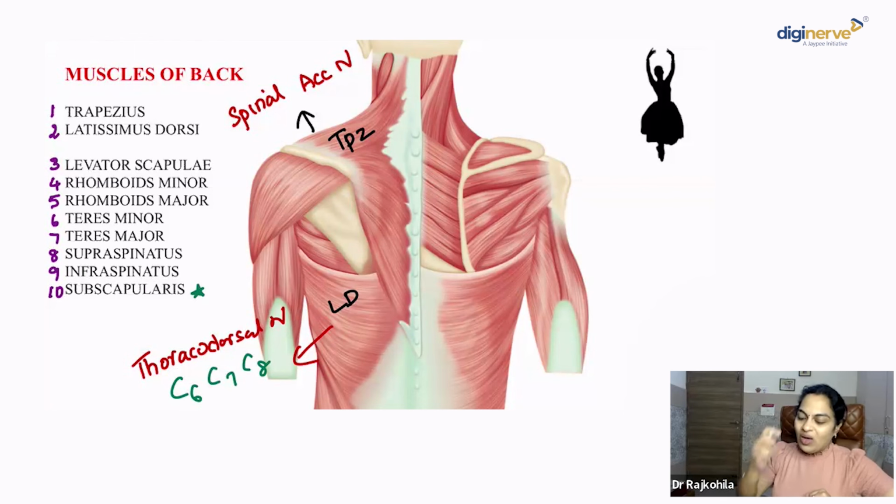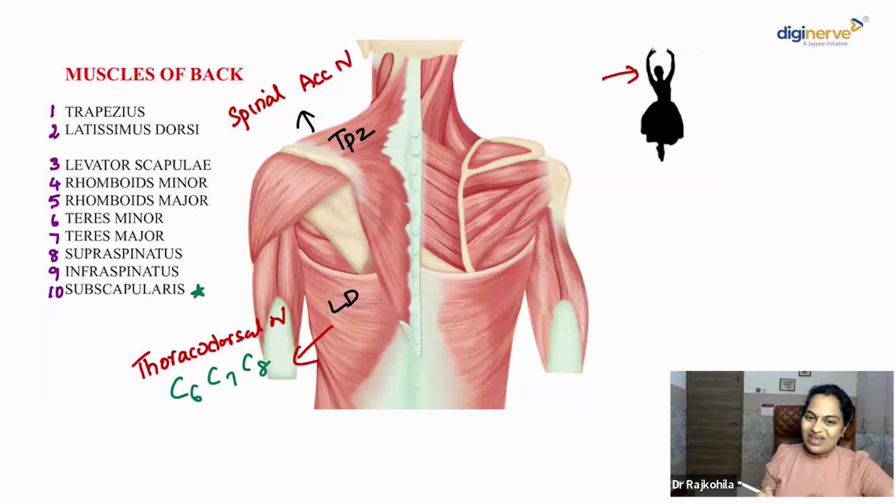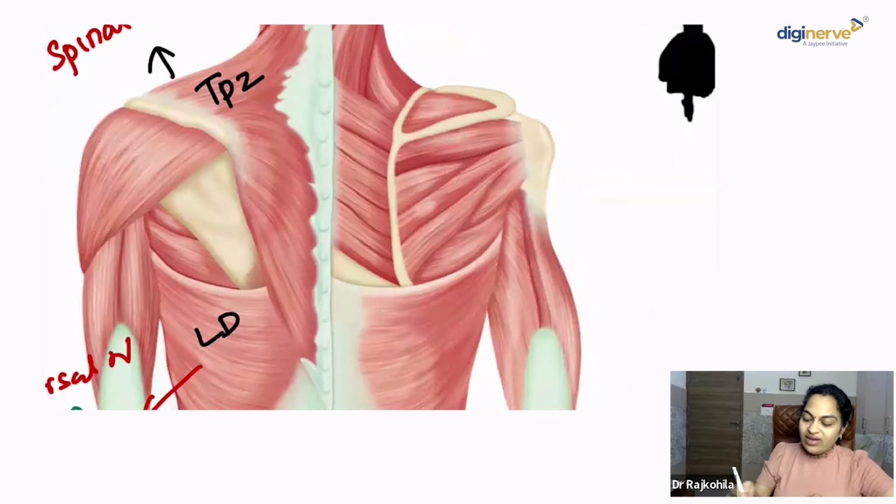Root value. Okay. What are the muscles that help you for overhead elevation of the arm? You want to comb your hair, you want to paint the ceiling. Yes, the fibers of trapezius and serratus anterior are responsible for overhead elevation of the arm. So please remember that. Okay, moving on to the other muscles that you see here in this image. I'm going to help you identify them.